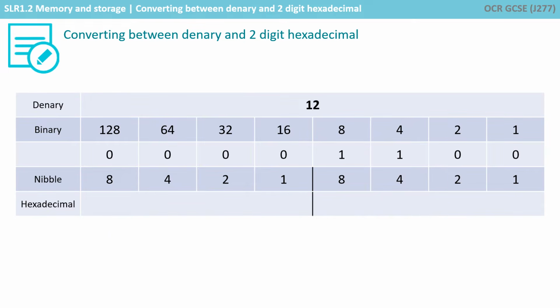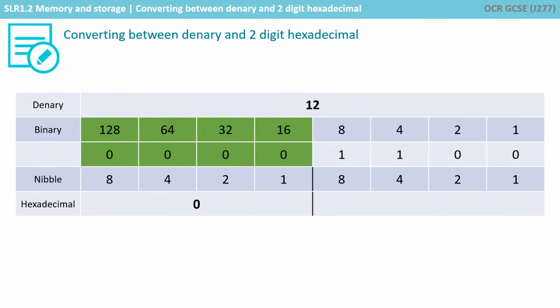So there's the number 12 in binary, 0, 0, 0, 0, and an 8 plus a 4. 8 plus 4 is 12, and then 0 and 0 at the end. Now to convert this number into hex, we group our binary timeline into nibbles. So that's groups of 4. So we have 4 zeros here. Well, 0 is obviously 0. We don't actually need this number here, but we're showing it for completeness.